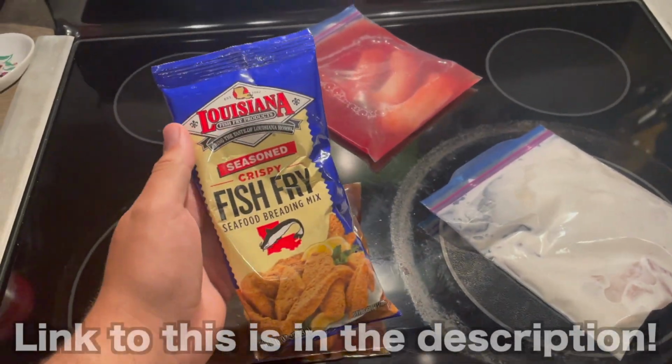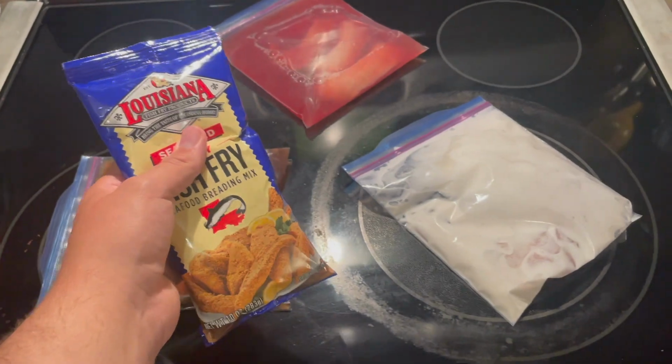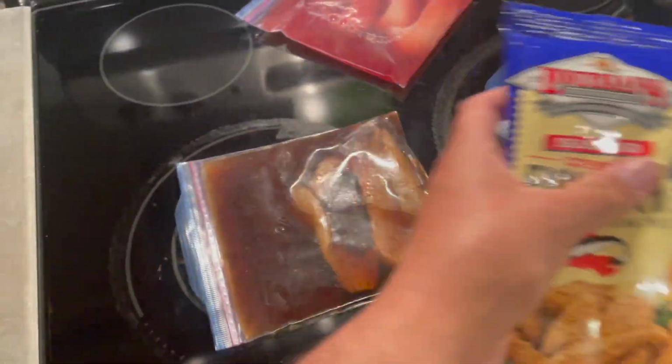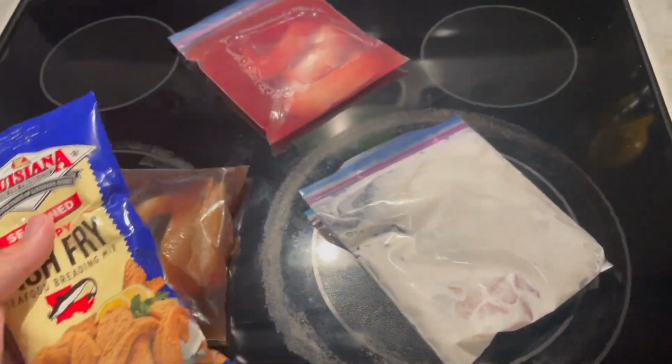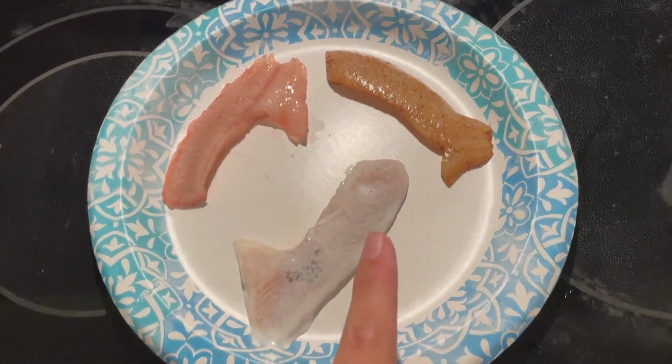So I'm gonna be coating these things in Louisiana fish fry, and I'm gonna get 3 little baggies and separate this bag into 1/3 into each of the bags and put each of the fillets in their separate bags to shake them up so that none of the breading gets mixed in between the fish. So here are the fish out of the bags. This is the ice cream one, this is the Dr